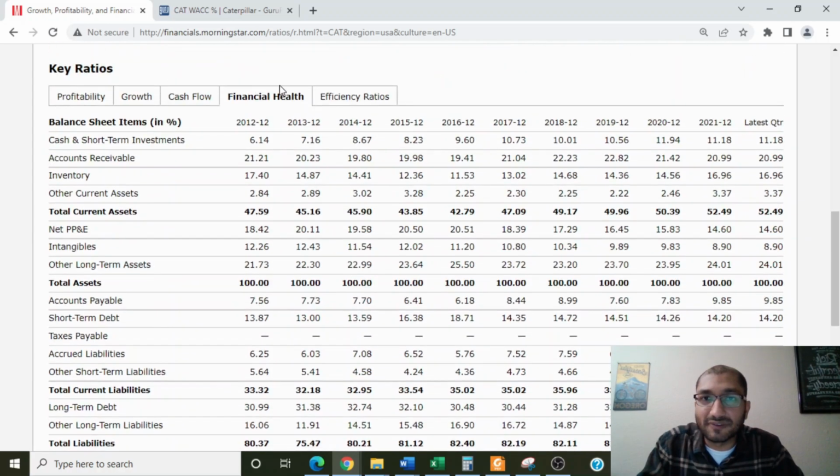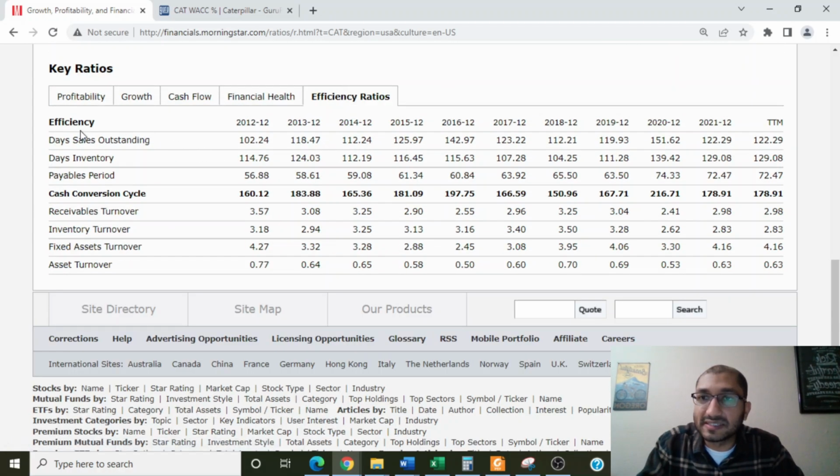Now let's look at the efficiency ratios. The first item on the list is the days sales outstanding. This number gives us an idea of how many days go by from the day the company recognizes its sale to the date it actually receives cash for that service rendered. Back in 2012, the company's days sales outstanding was at 102 days, and for the trailing 12 months, that number